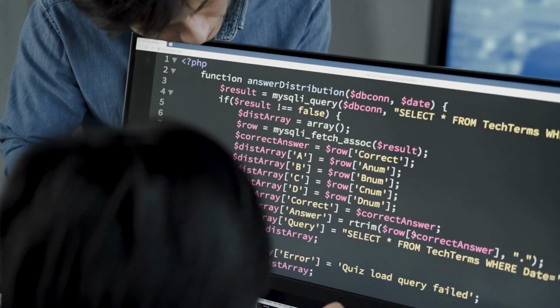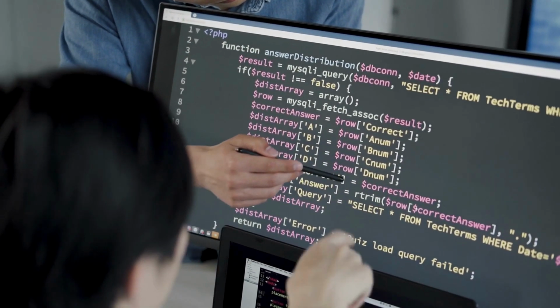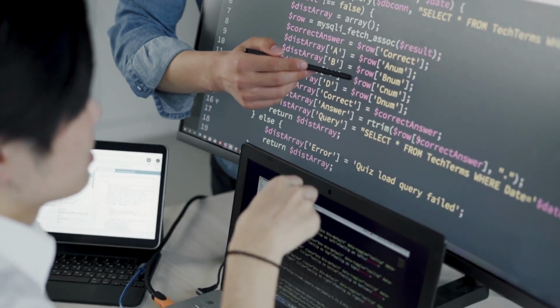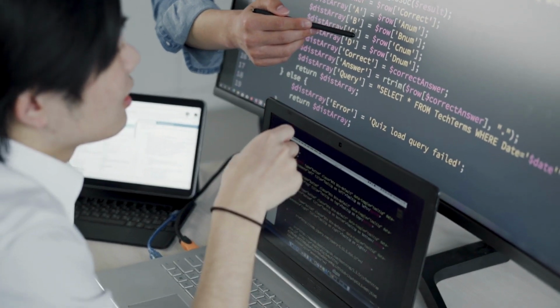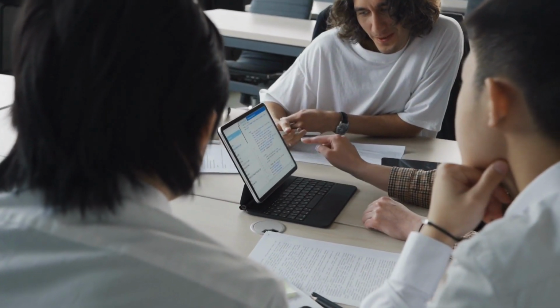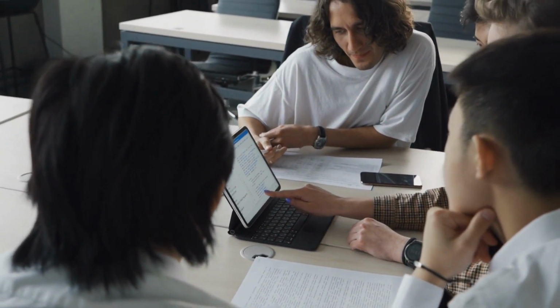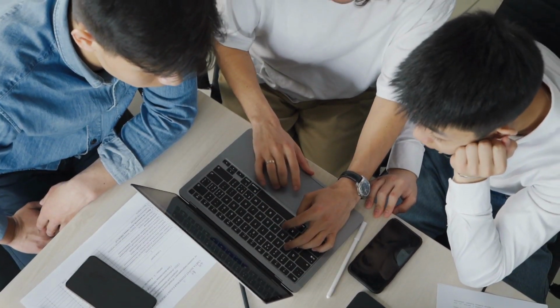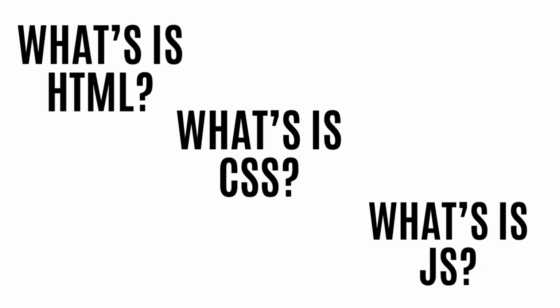Whether you're a complete beginner eager to learn the ropes or an experienced developer looking to stay up to date with the latest trends and technologies, our channel has something for everyone. We've got you covered with tutorials, tips, and insights that will help you unlock the full potential of web application development. What you can expect from GSK EdTech.